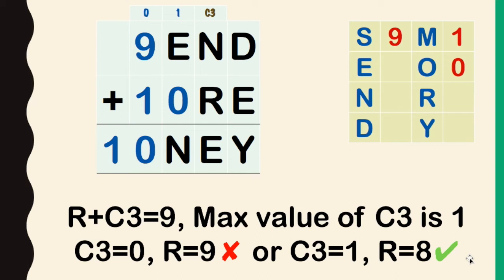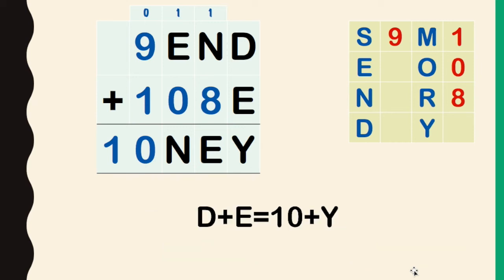Now if r is 9, we know S is equal to 9, so that can't be possible. So r cannot really have the value 9. So what does it mean? That r is equal to 8. So this is the only correct option here. So let's go ahead and put those values. So we have solved it to this extent.